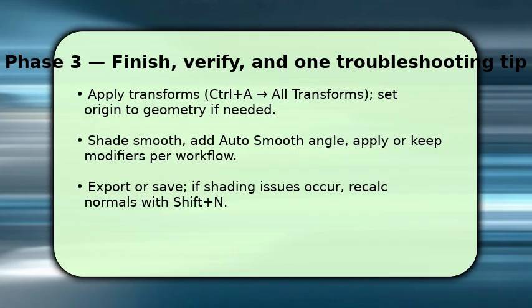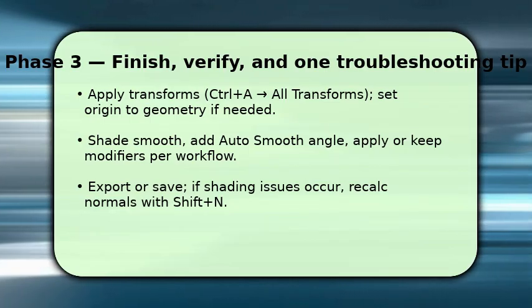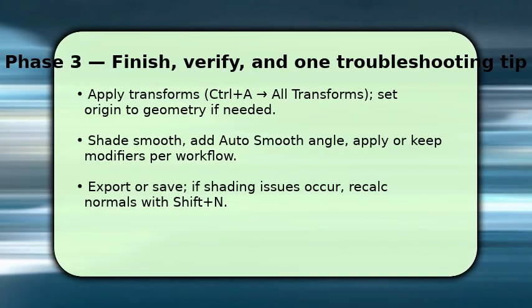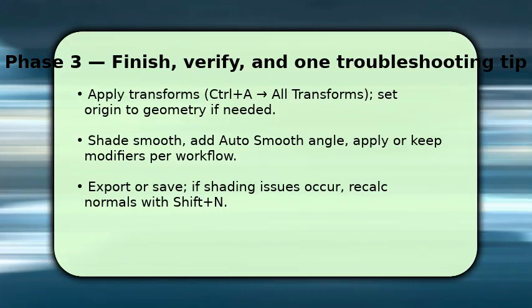Use Shade Smooth and enable Auto Smooth with an angle that preserves hard edges, or apply your modifiers if you need a final mesh. Save or export in the required format. If something looks wrong, make sure faces are oriented correctly. Select the mesh and press Shift+N to recalculate normals outward. That single troubleshooting step fixes most